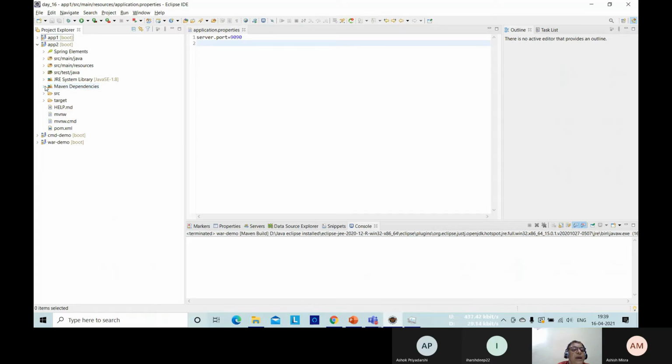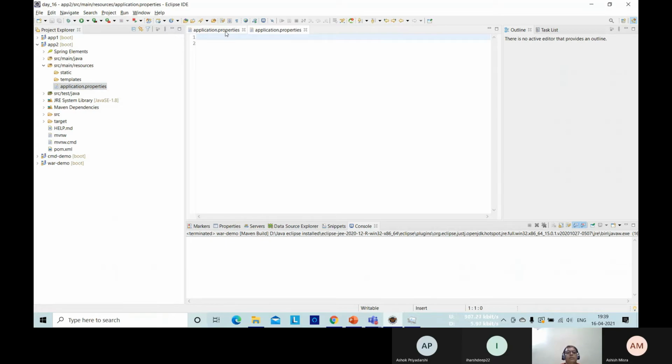Similarly, my app 2 will run on some other port. Right now, if both run concurrently, maybe 9090. So don't forget to configure the server port number on which Tomcat will run. Got it? So now let me close both the windows.